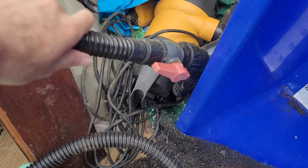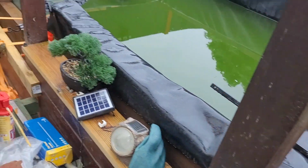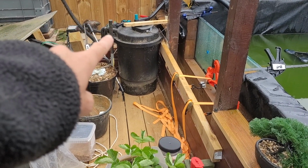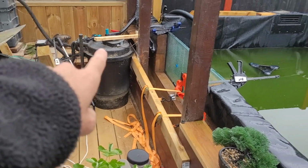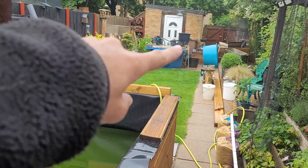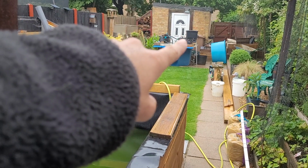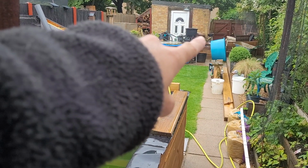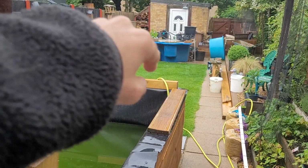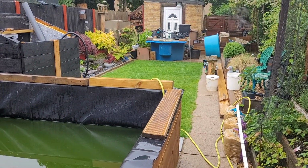I'm also going to take this Y splitter up there, and then what I'm going to do with that is connect that to the outlet on there, and I'm going to have half going through the rest of the filtration that's already on there. So half of that water will go through the pressure filter again, so through 2 pressure filters, and then up through the upflow backy shower box thing, and then that one will just return to the